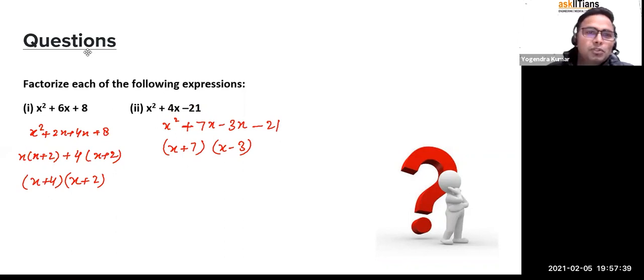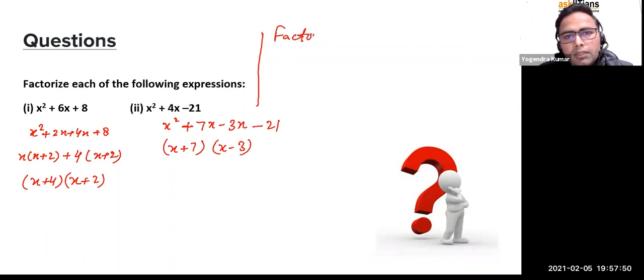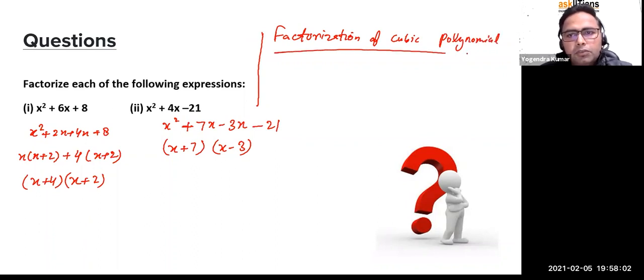I want to explain to you the much more important thing, how we factorize cubic polynomials, right? We need to see how we factorize cubic polynomials. So a simple example I want to show here, factorization of cubic polynomial, right? Factorization of cubic polynomial. So what is the factorization of cubic polynomial? For example, I want to take this one, like I can write down